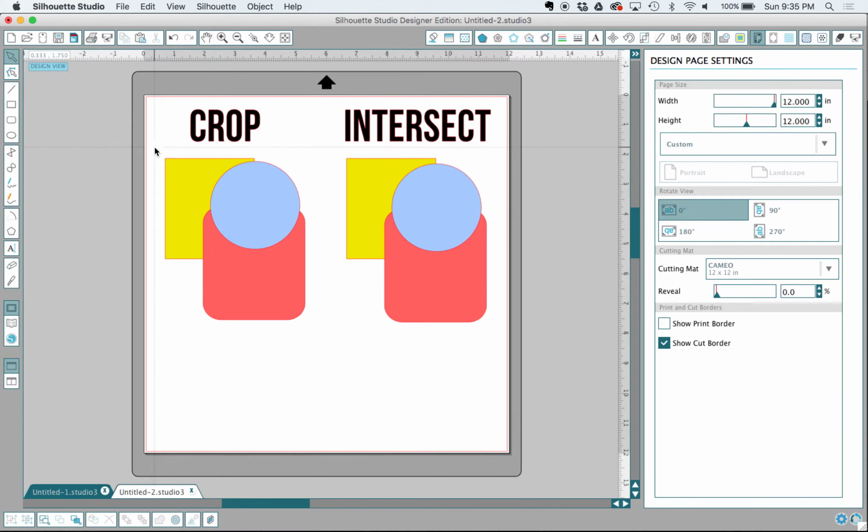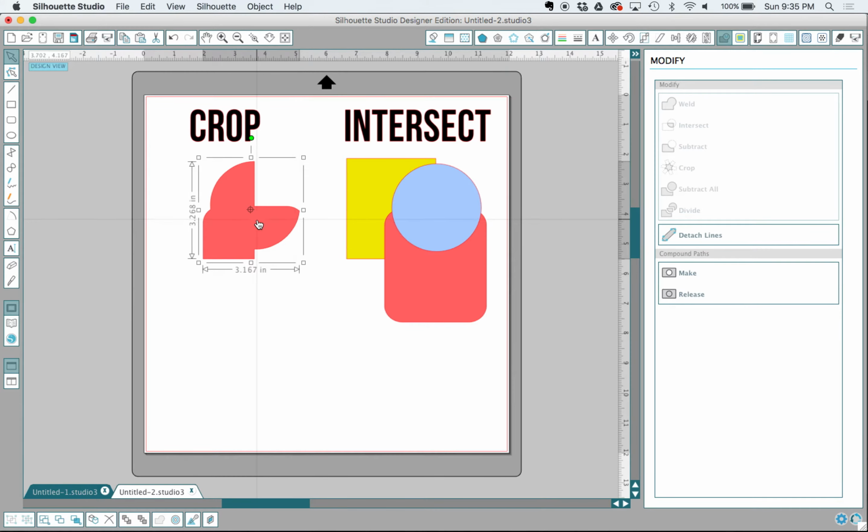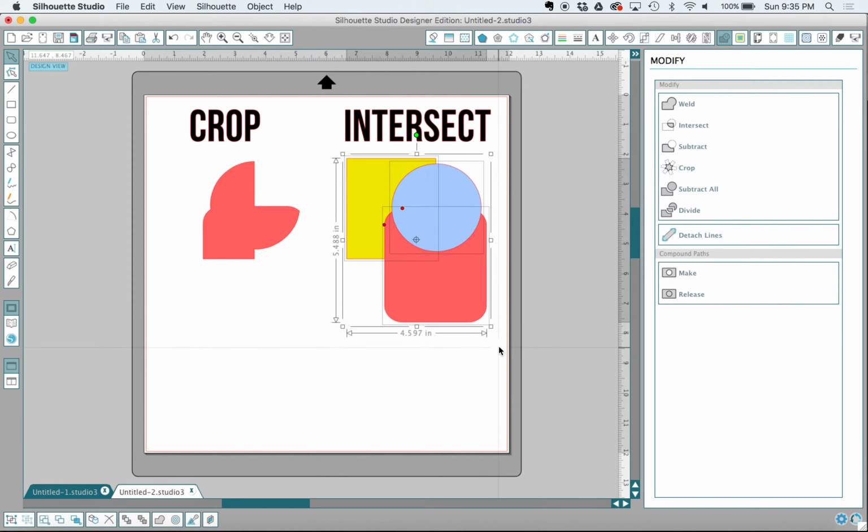So when we do the Crop tool, I'm going to select all of these shapes I have set up right here and go to our Modify panel, which is the rectangle with the M right here, and I'm going to pick Crop. And when we do Crop, we see that any place where any of the shapes were overlapping, so the rectangle in the circle, the rectangle in the other rectangle, or the circle in the rectangle, or any place that any of them at all are overlapping, it's going to leave when you hit Crop. The difference in the Intersect tool is that it is only going to leave the place where